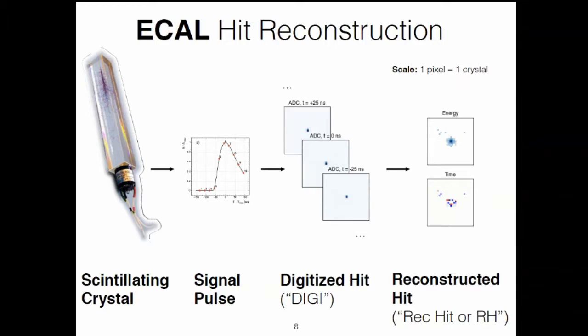Okay, so technically speaking, raw data for eCal is ones and zeros. When you unpack the raw data, what you get are these digitized hits. So for each crystal, you get a pulse shape, and if you form a 32 by 32 grid of crystals, what you get is actually a short video of the evolution of the shower in the crystal. So these are ADC counts.